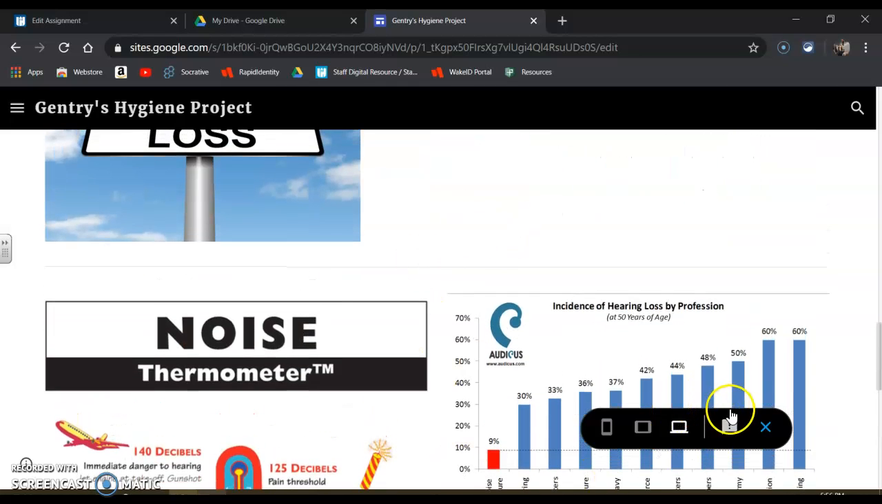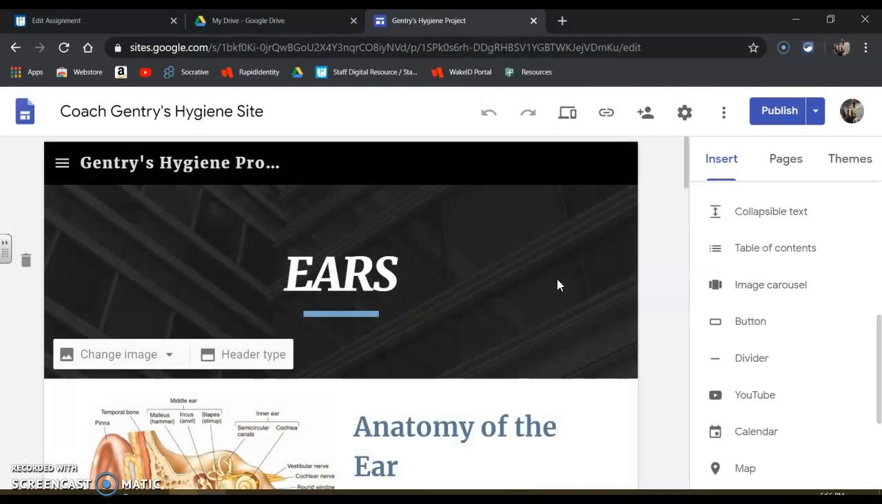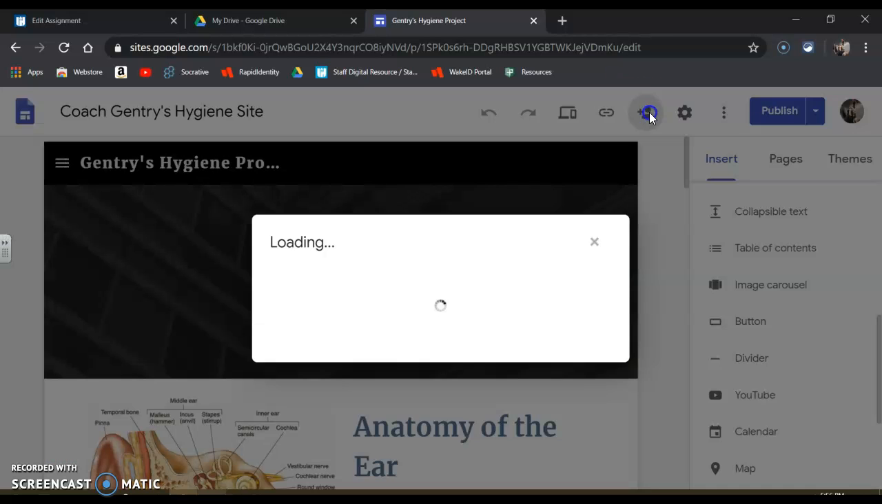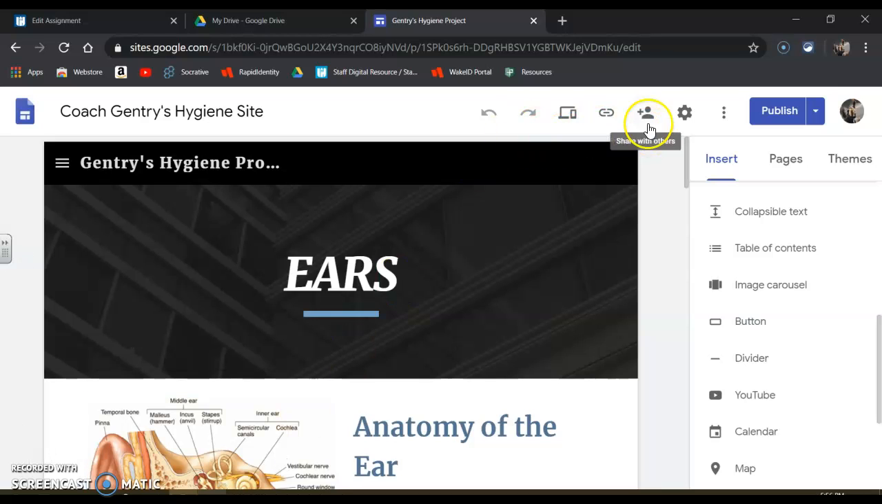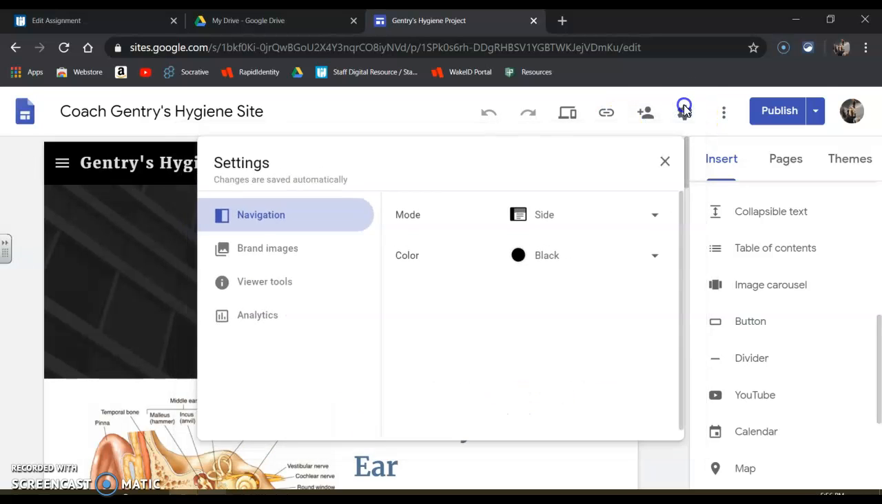When I'm ready to get out of preview mode, I just click X, and it takes me back to my Google Hygiene edit page so I can continue editing. If you're wanting to share this with others, so when you're ready to share it with your group members, you'll just click that share button and make sure that you type in their email addresses so that way they can collaborate as well. Settings are here,